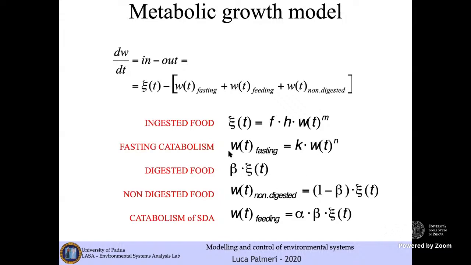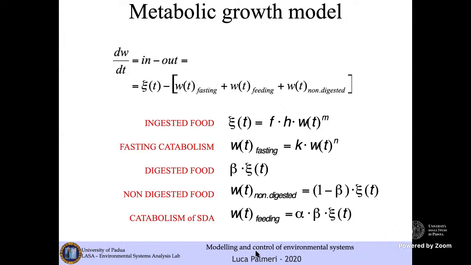If we include that of the consumed food, only a quota that is taken into account by beta is digested, so it is converted into metabolizable material. Of this, the non-digested quota is 1 minus beta, and for the catabolism of specific dynamic action, then we may